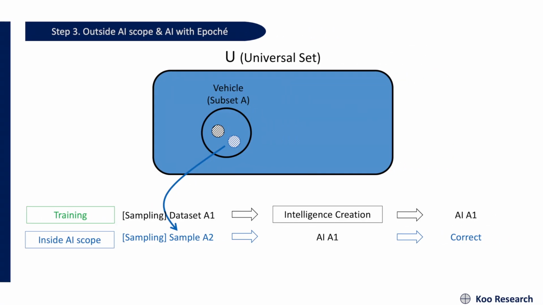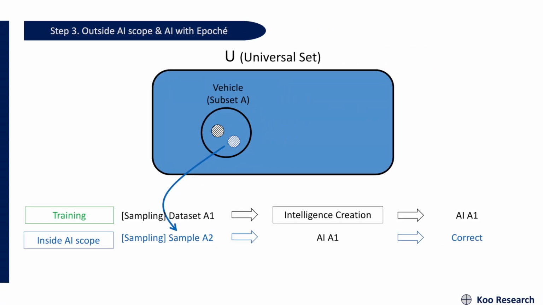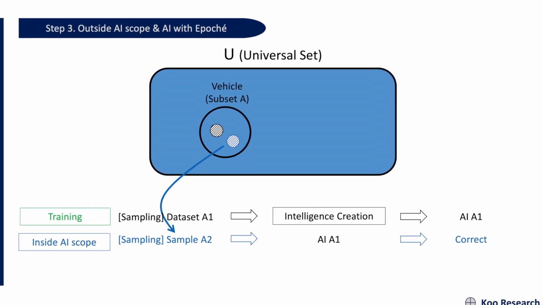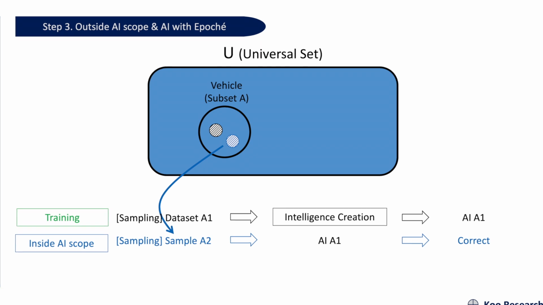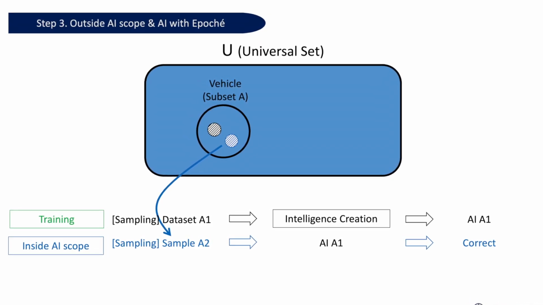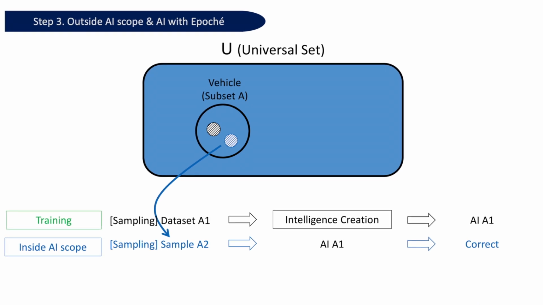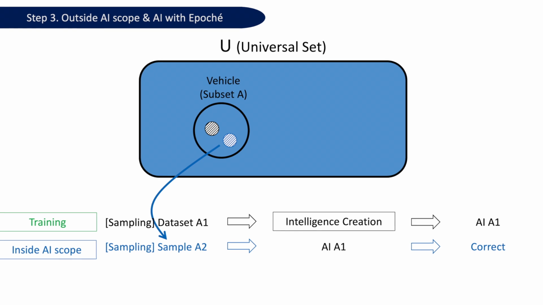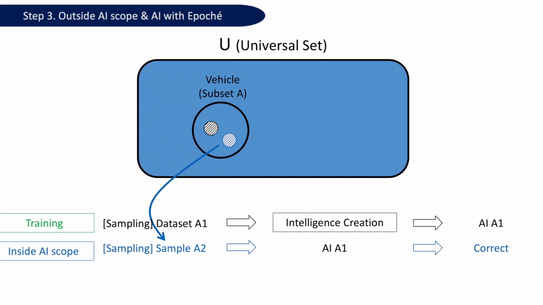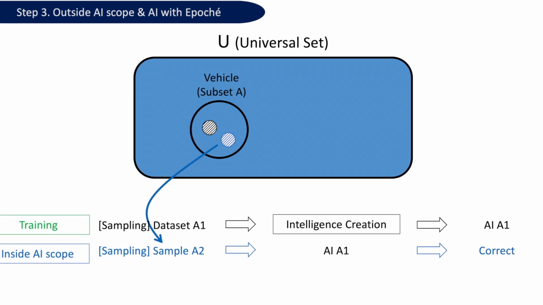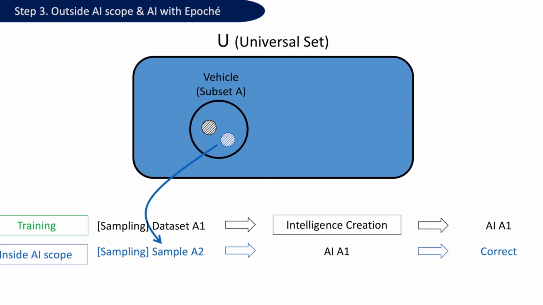Inside AI scope indicates how well AI A1, as shown in this figure, recognizes sample A2 from subset A, not dataset A1, as fitting within AI A1 scope. Depending on the method used to measure similarity, and the applied threshold values, sample A2 might not be deemed similar. Nonetheless, the goal of this study is for AI A1 to accurately classify sample A2 as belonging to the same